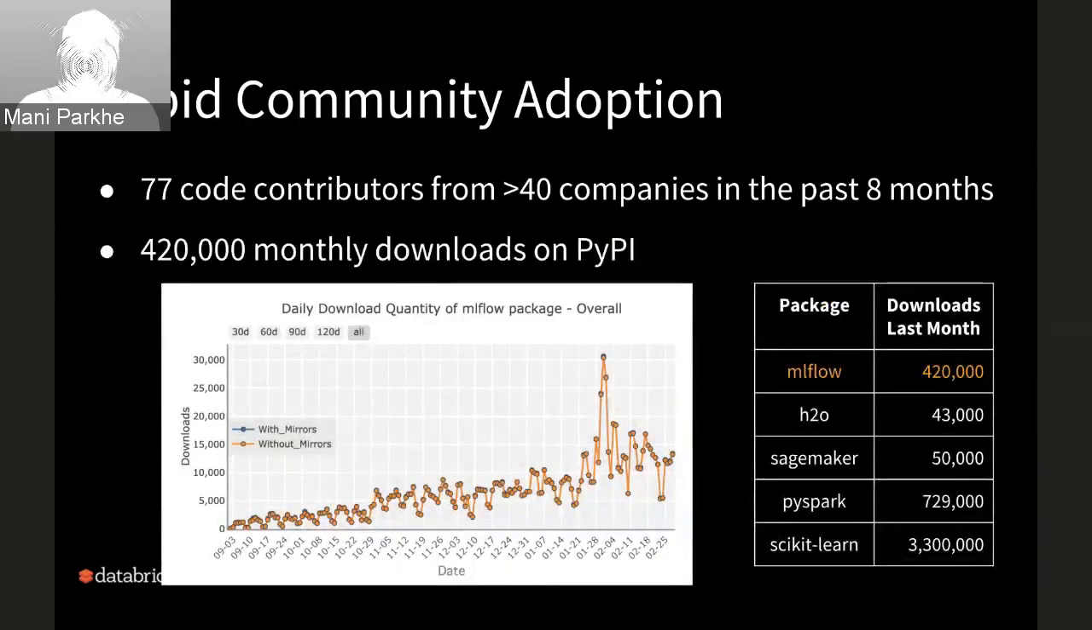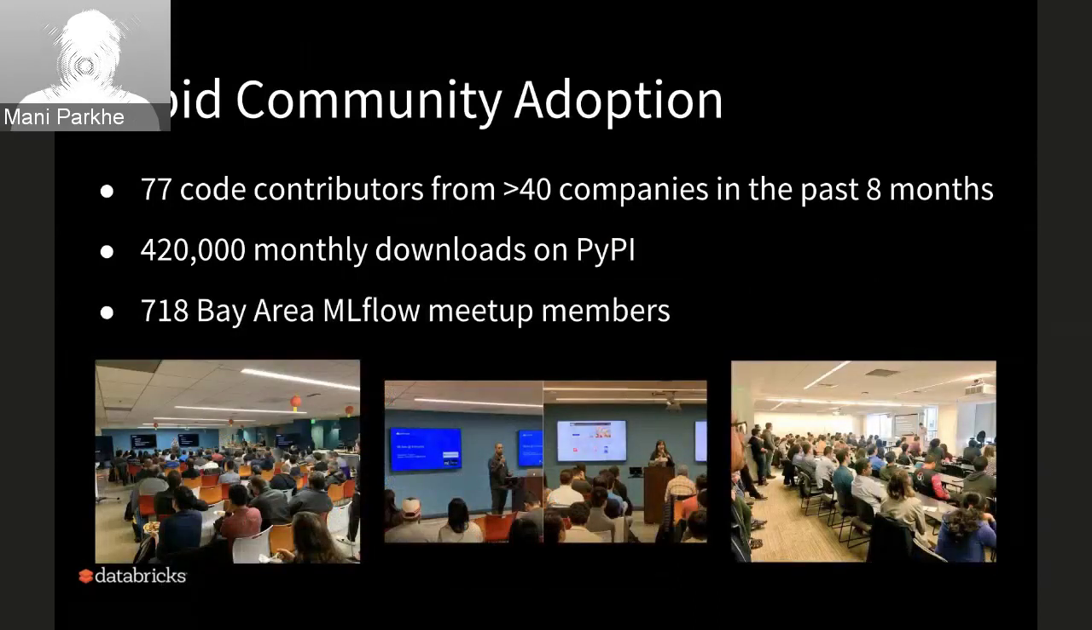Another metric that is amazing is about 420,000 monthly downloads on PyPI. Again, a comparison with some of the other favorite tools that people use. So this is great growth in the last 8 months or so. We have a San Francisco Bay Area MLflow meetup. We have about 718 members,